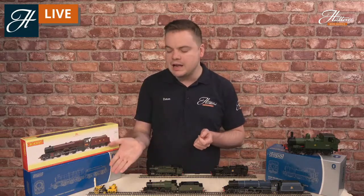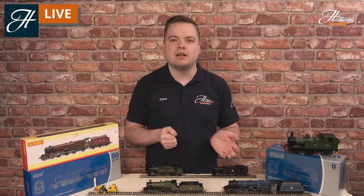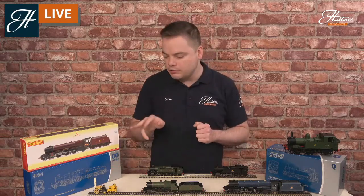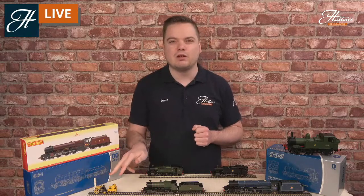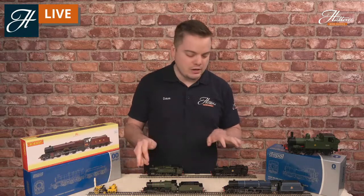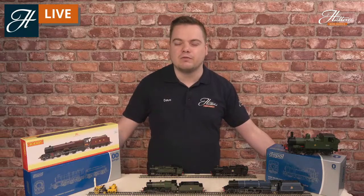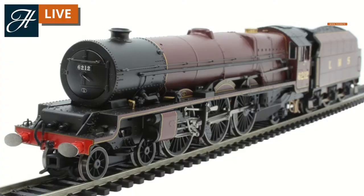So we're heading from the late 1820s up into the early 1930s, and we can see the changes in locomotive design from the Rocket, the express passenger locomotive of 1829, to the LMS Princess Royal, the LMS passenger locomotive of the early 1930s. This has been a loco that's been in Hornby's range right back to the Triang days in quite